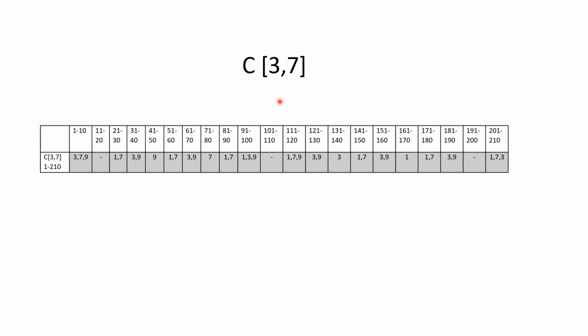Why a symmetry? Because from this 10 in the middle, all the other 10s are symmetrical with their corresponding 10. So the one to the right from the middle 10 here, that is 111 to 120, is symmetrical to the 91 to 100, that is the first one to the left. First one to the right with the first one to the left. How are they symmetrical? Look,